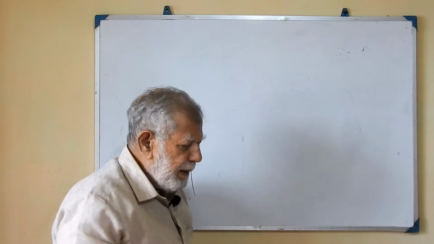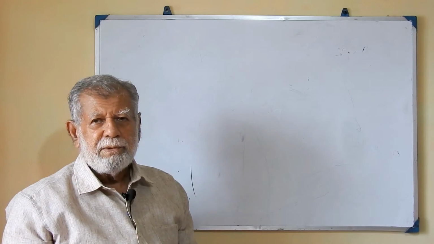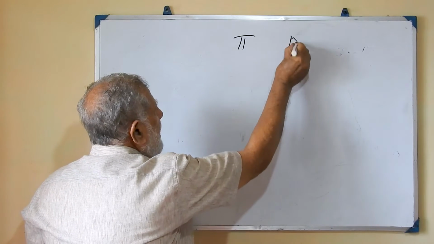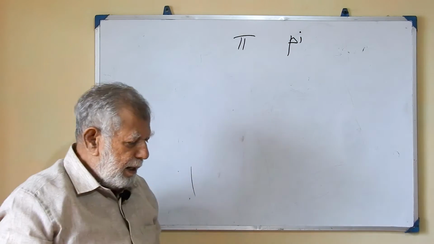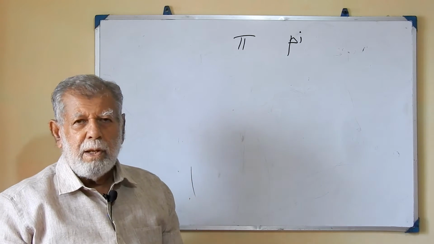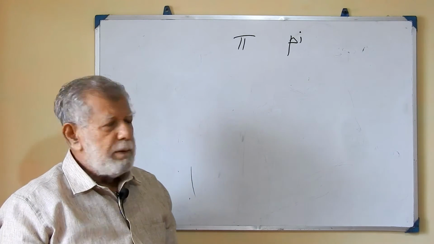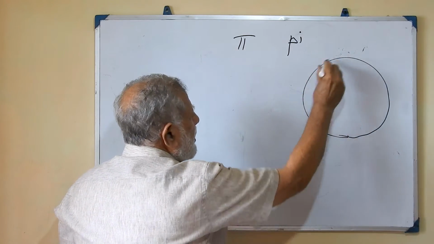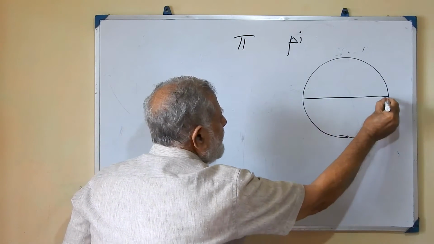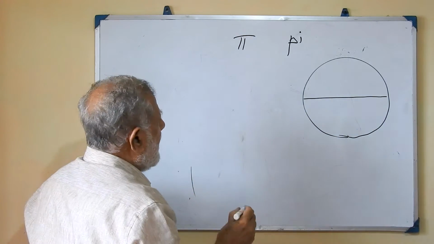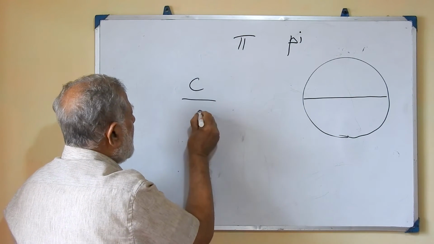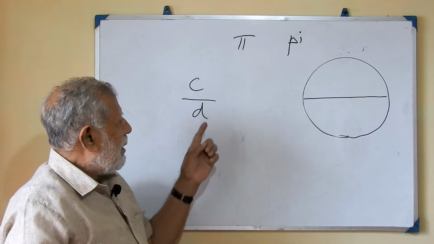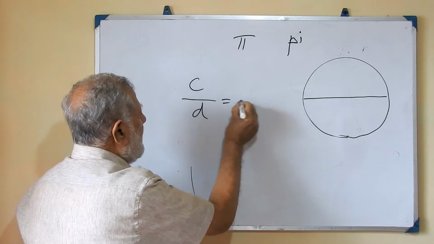Look at this one. Then there's a number called pi. It's a Greek letter, we write it like this, pi. This is a Greek letter we use in mathematics very often concerning circles. Now suppose we have a circle. This is called the circumference, and we have a diameter. When we divide the circumference by the diameter, we get an approximate number. We don't get an accurate number. This number is called pi.